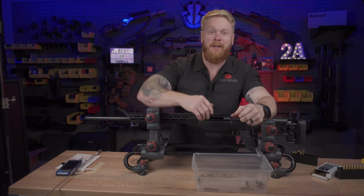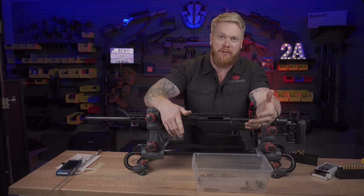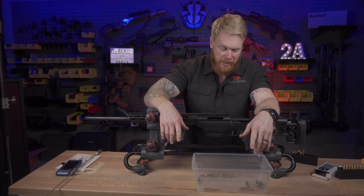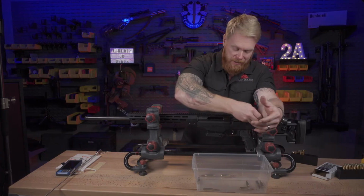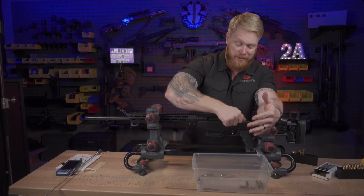Well, I mean, it doesn't get much smoother than that. It takes no effort to load those up. It takes no effort to extract them and eject them. So that's super smooth. When I'm working this action empty, that is exactly what it felt like